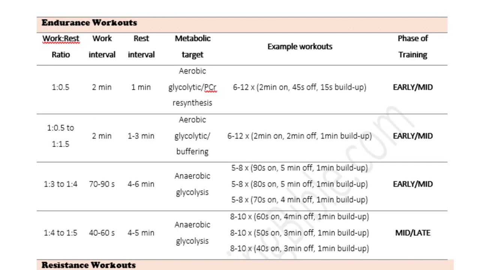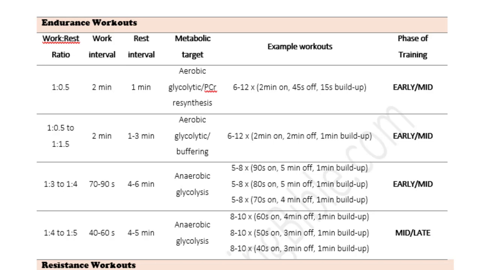So as you can see here, we have the same setup in the fight-specific phase. So let's talk about endurance workouts first. Again, as you progress through this phase, the work-to-rest ratio increases. Also, you should be slotting endurance workouts in your fight plan from the top of the table, moving to the bottom. And again, you can use the phase of training guidance on the right side of the table to help